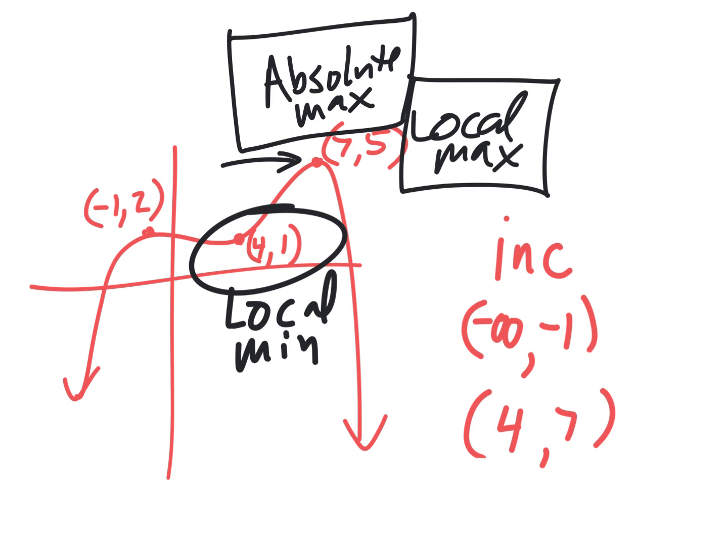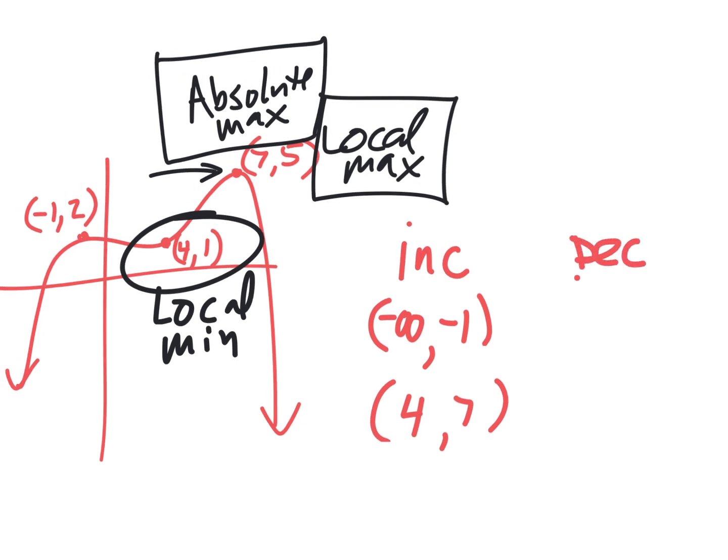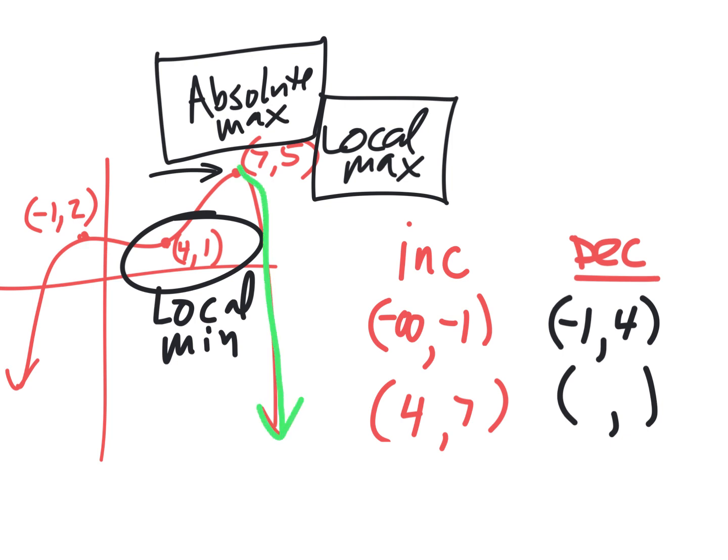Is there a decreasing interval? Yes. There's an easy one and a hard one. Everybody make the two decreasing intervals. Chase, give me either one. Negative 1 to 4. You use the x values. That's the main thing we look for. Good. And the harder one, you got it? Okay, take your time. This is tricky. Basically, it's this green zone here, and it's really easy to mess it up. Tate. 7